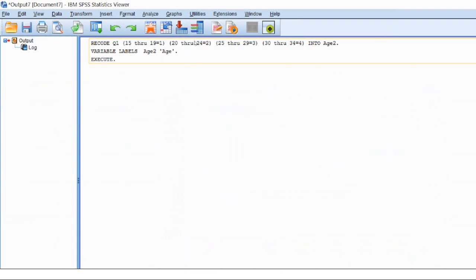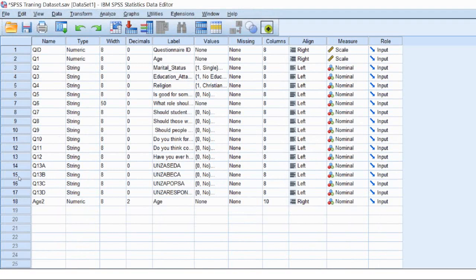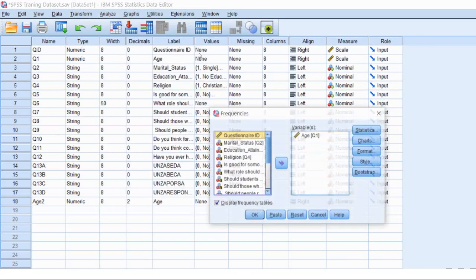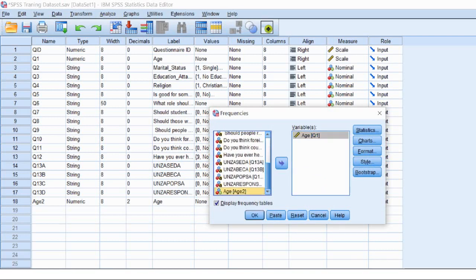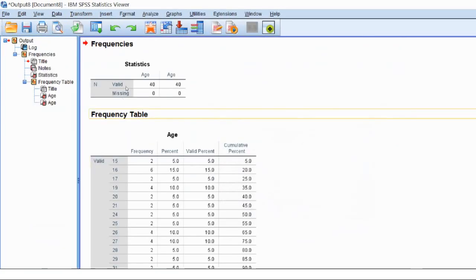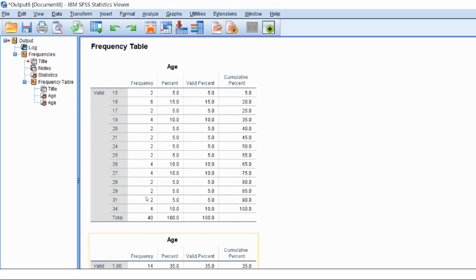This window is just giving me a summary of what I've done. I'll close this window, then go to my variable view. Have you seen that I have created this new age which I've called age 2? Let me analyze age 2 and see what has happened. I'll keep the old one so that we see a comparison between the two. This is for age, then this is for the one I've just created. I should have labeled it age 2, but you've seen that there is no 15 to 19, but I know that where there is a 1 is 15 to 19. I can further